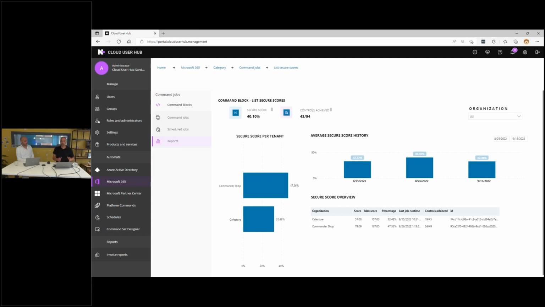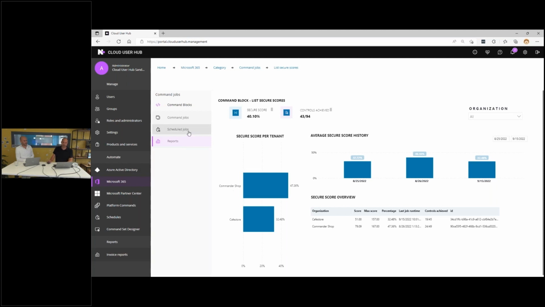And we have this on multiple levels. So the reporting is not only specifically for this command block. Where it makes sense, I will show you the license one as well. That's also nice. There we can provide the reporting. But this is not very easy to do if you want to do manual clicks. So then you still have the same problem. So that's why you need to bring in scheduling.